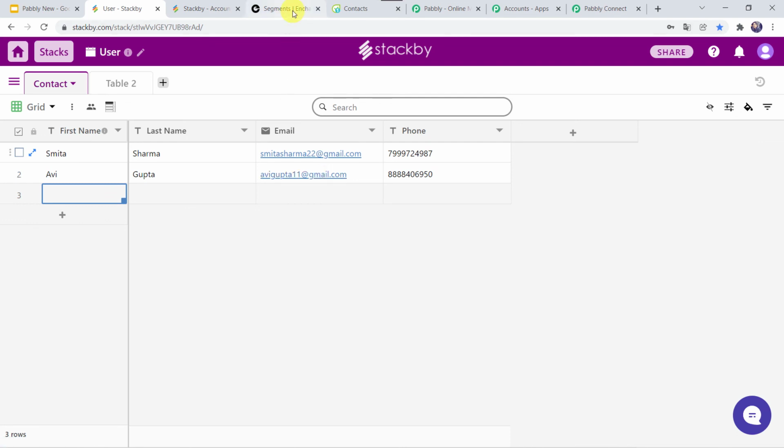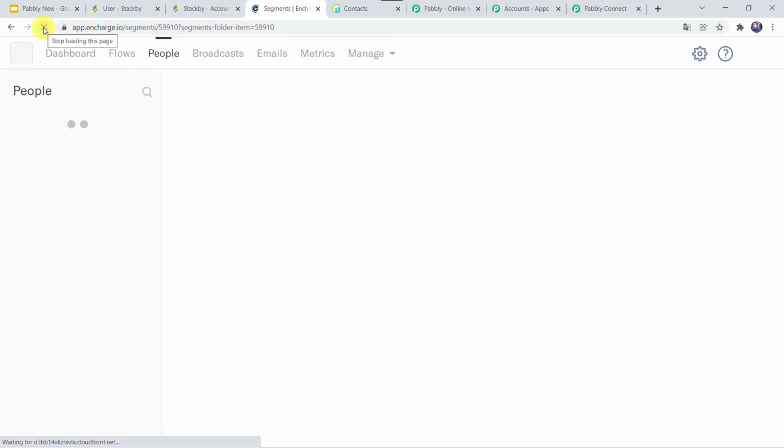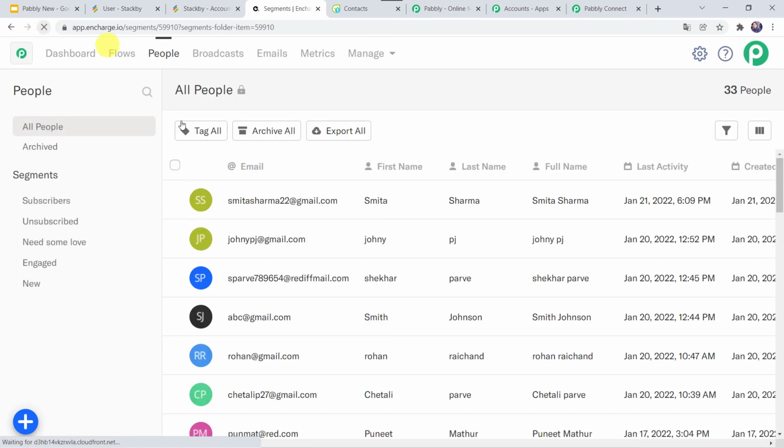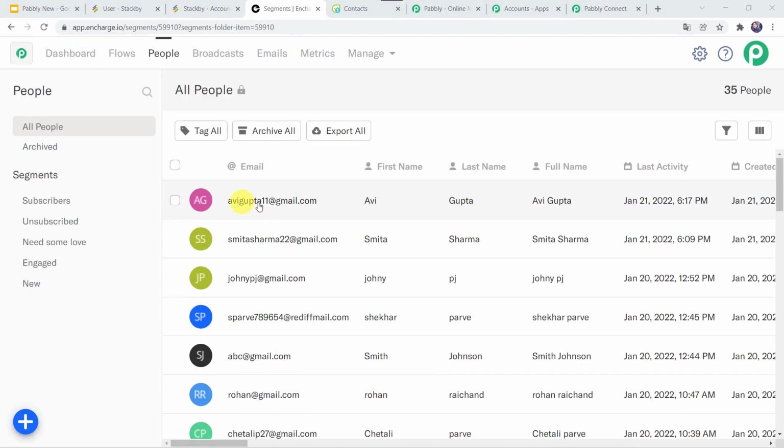Let us check our Encharge account first. I'm just going to refresh it. And here, even after refreshing, we can't find the details of the contact, just because I have already informed you that the trigger here is polling based and it will take time to capture the response. So let's wait for some time. So it's almost 6 minutes. Let us refresh it once again. Okay, and here we can see that Avi Gupta is added as a new contact over here in our Encharge